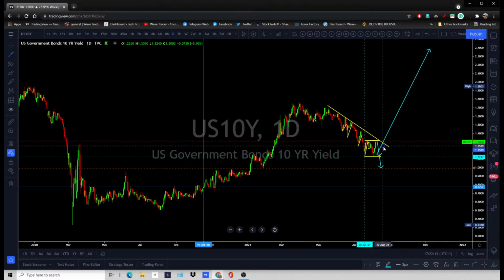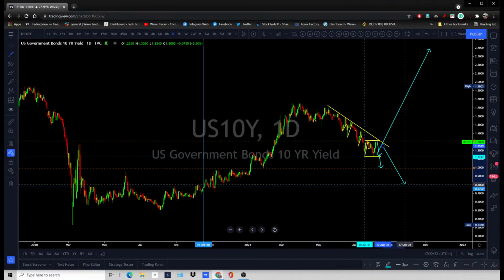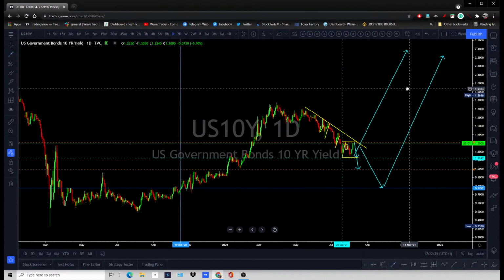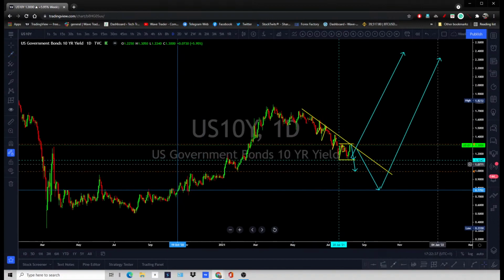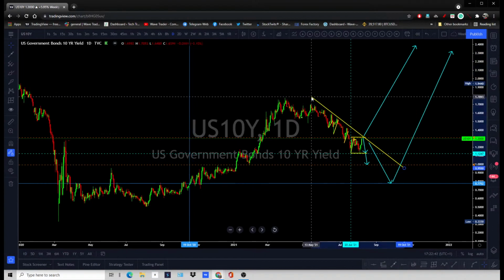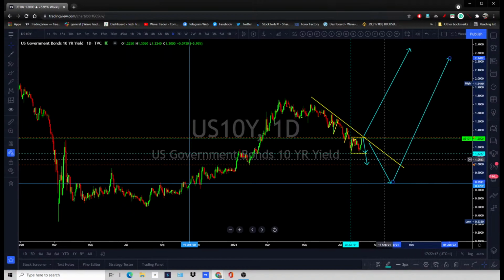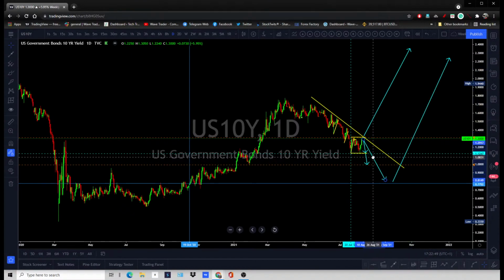But there is a possibility that the yield can fall all the way back to that low, all the way back to the 20 October lows, before continuing to push the bullish trend for more upside. It can drag down to 0.80, or 80 basis points. Another leg lower can appear there. A breakout is possible, but I'm not currently expecting it to happen. More likely we're going to see another leg lower all the way back to that low.